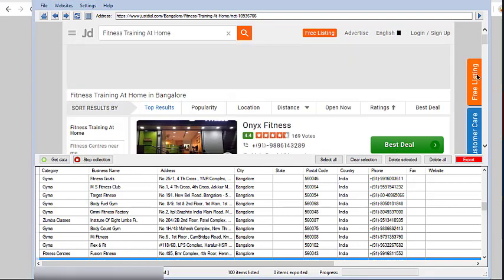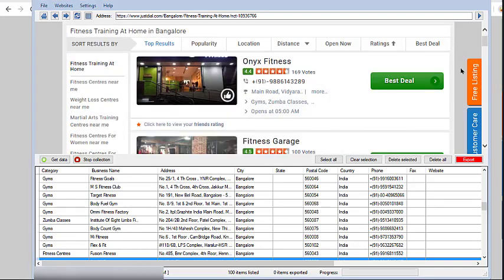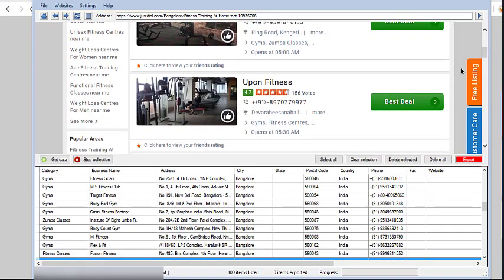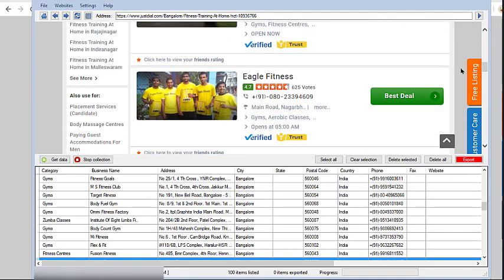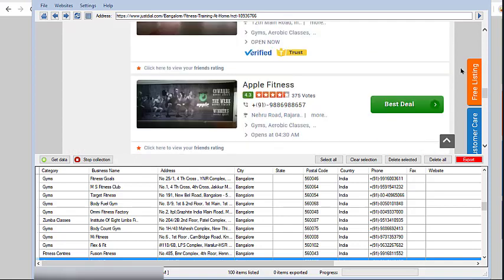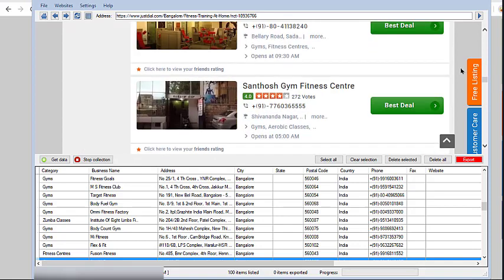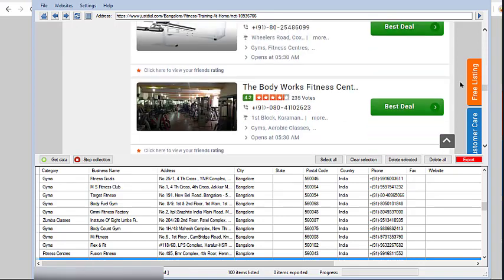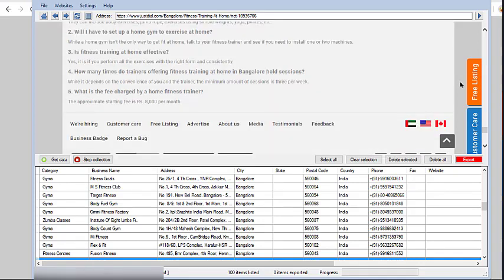Now you can see the second page has been loaded. Just make sure that you scroll down to the bottom of the page and that all the listings are loaded, or else the data will not be saved properly. So let's go to the bottom of the page.